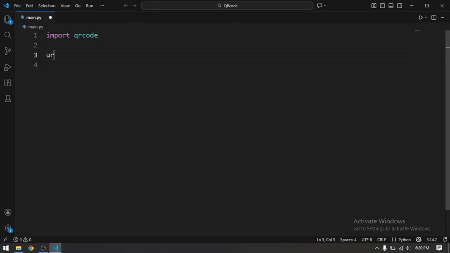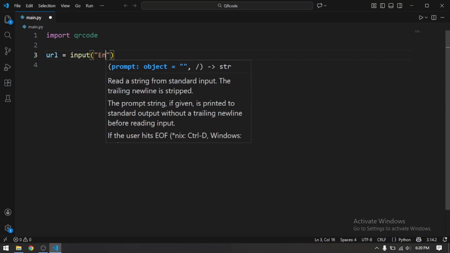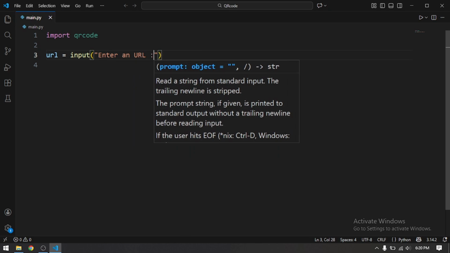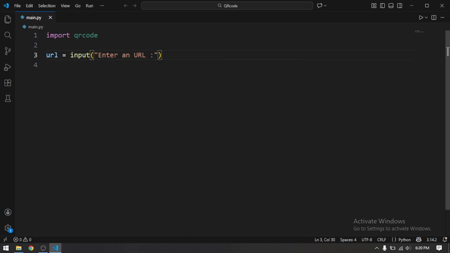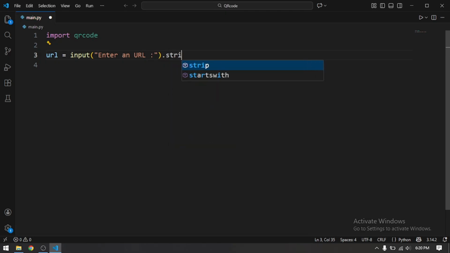So that's why I'm going to use a url variable with a function called input to input a text which is "enter a URL". I'm going to ask my users to enter a URL, and as a best practice you have to add a function with this which is strip,